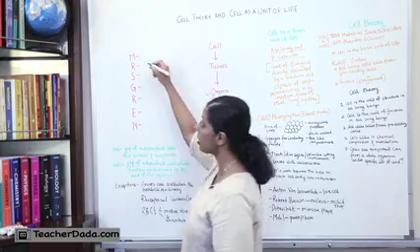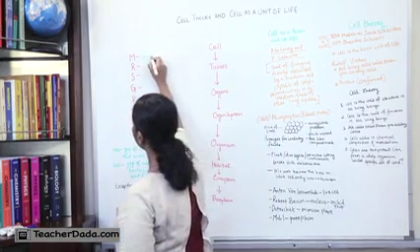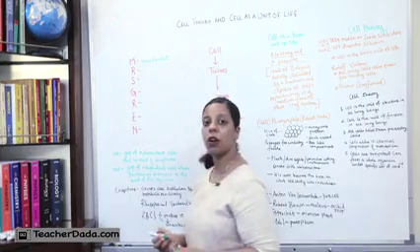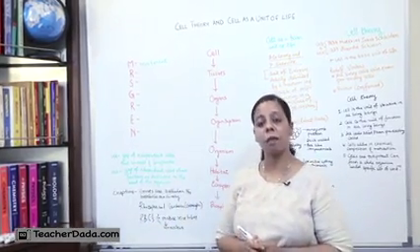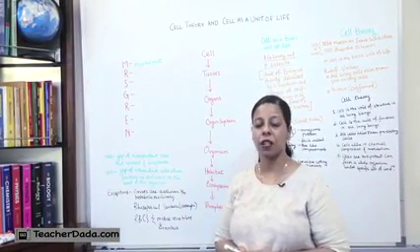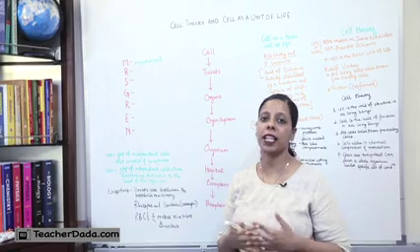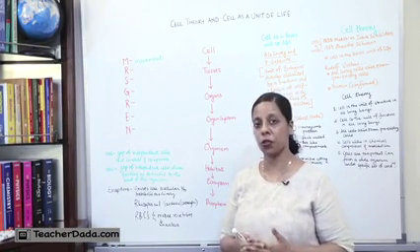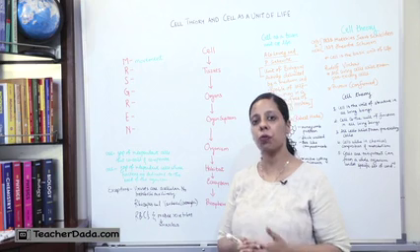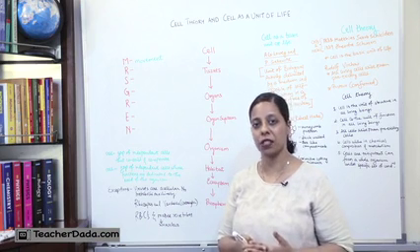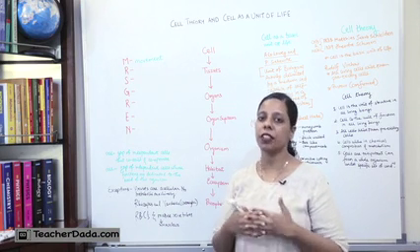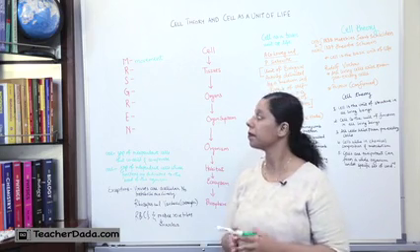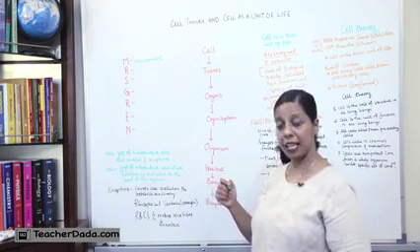Let us look at each of them. The first one is movement. All living organisms must move. Animals move so that they can go from one place to another. This is known as locomotion. Plants also show movement, but it is not locomotion. Plants move with respect to sunlight. This is known as phototropism. The next one,